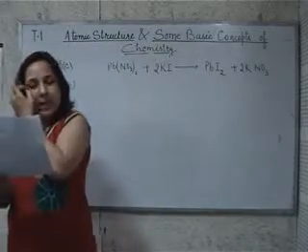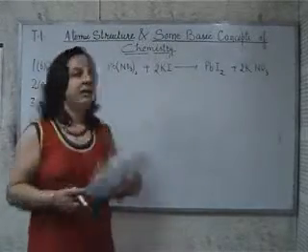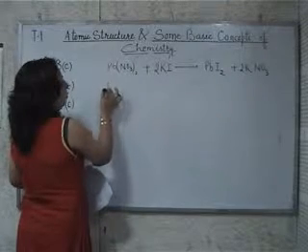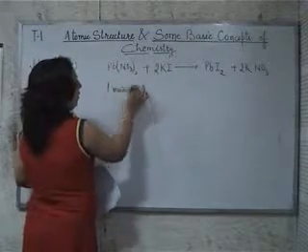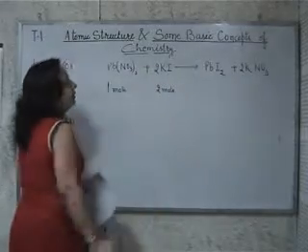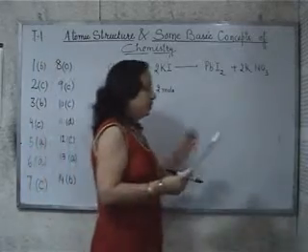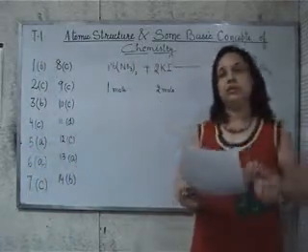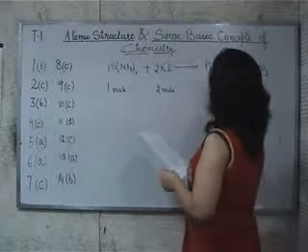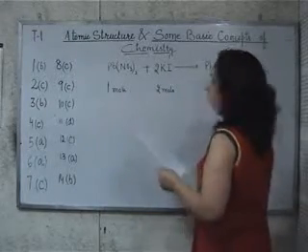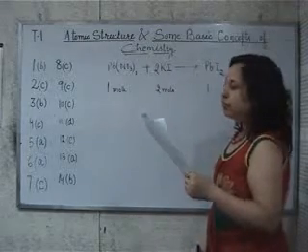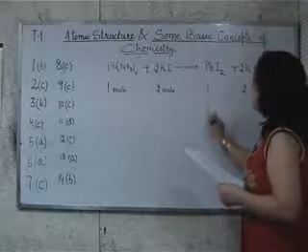The question is about molarity and volume in milliliters. Now, 1 mole reacts with 2 moles. The question is from stoichiometry. When we say it is from stoichiometry, 1 mole and 2 moles are reacting with each other to give us 1 mole of PbI2 and 2 moles of KNO3. Our question is the number of moles of PbI2.